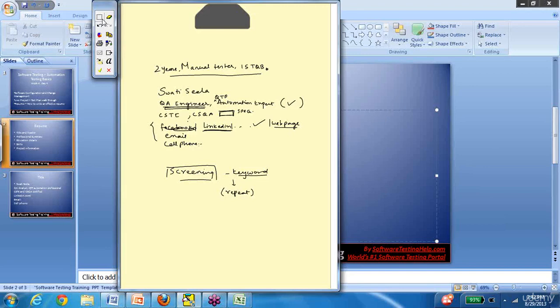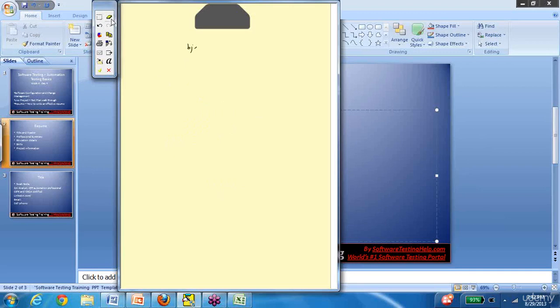So this is how you write the header, and then you move on to the objective. Again, there are different schools of thought about whether you need to have the objective section or not. In my opinion, if you are already a QA and you've had a good amount of experience, the objective section is optional. But if you are somebody new or making a switch to QA, this is a good section to explain why you are making the switch or why you chose the QA field.